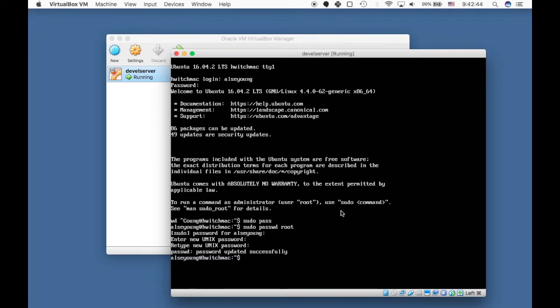Now we are going to log in as that root user. So we're going to press su and enter and type in the password we just made for the root user. And now you can see root right there compared to the Alice Young right there. So we're logged in. Now we need to